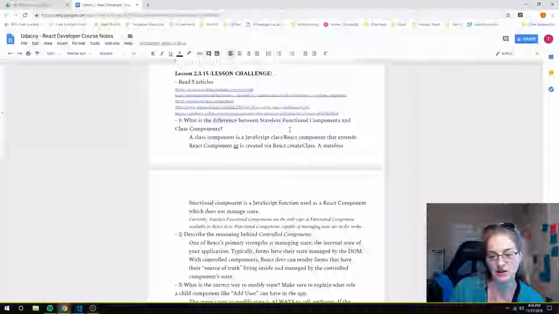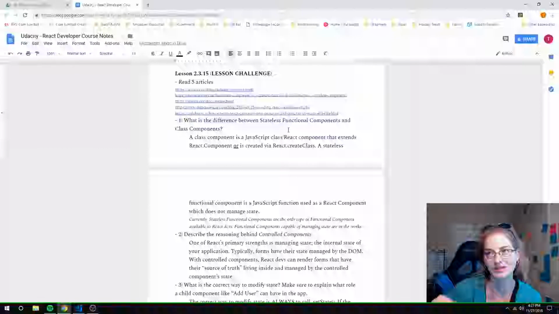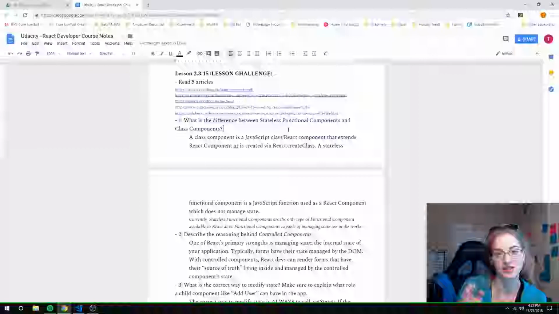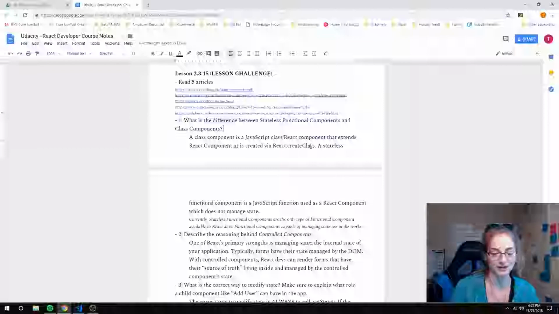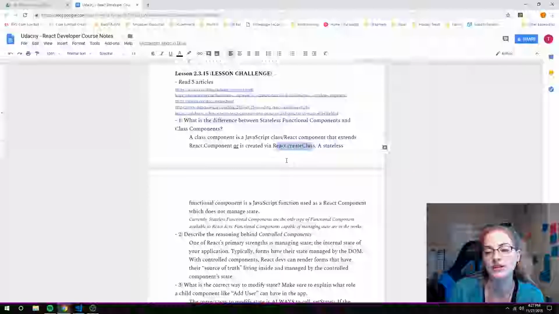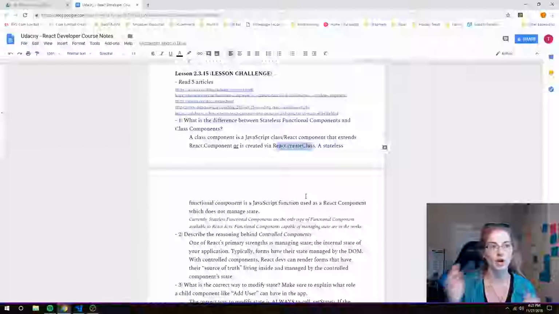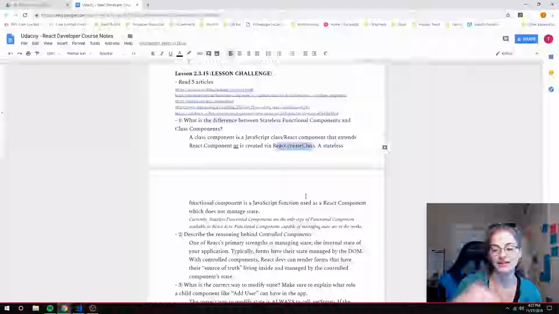There is something to be said for keeping your terms specific when referring to different types of components. You have class components, where you create a class that extends React component, or you just go right ahead and call react.createClass, and that's a class component. Otherwise, you can have functional components, which is just a JavaScript function. You just write a JavaScript function. If you want to pass in props, you can, but